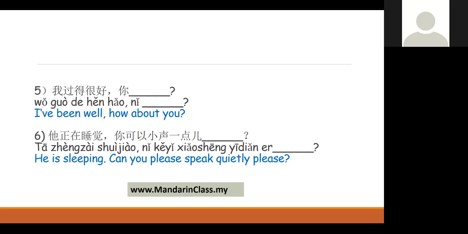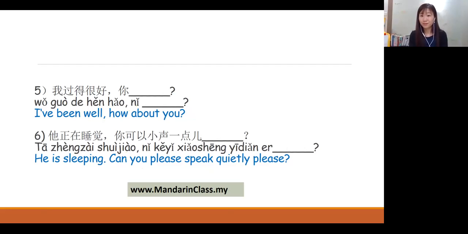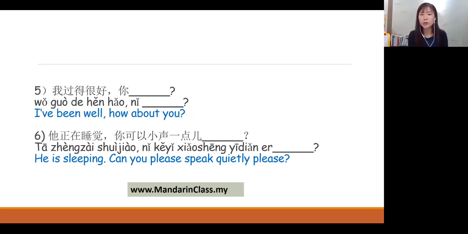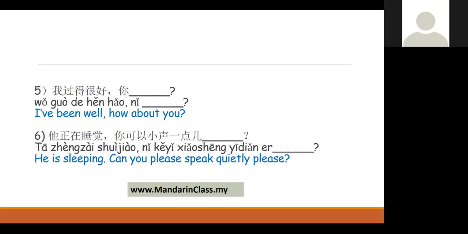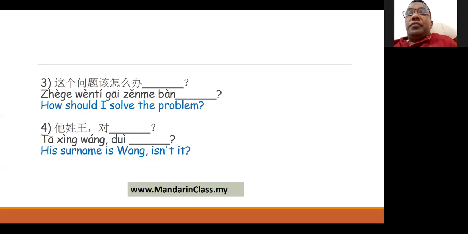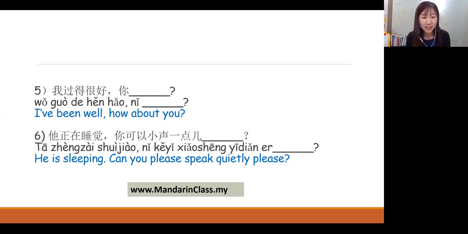你呢？ 我过得很好，你呢？ Yes, this is quite simple, right? So why do we use 你呢？ 我也很好。 This situation is to ask back. That's why you reply, 我也很好. So 我过得很好，你呢？ It means I've been well, how about you? We just ask back the question, okay? Like Badri just now, 你好，你呢？ How to reply? 我也很好。 Okay, 我也很好。